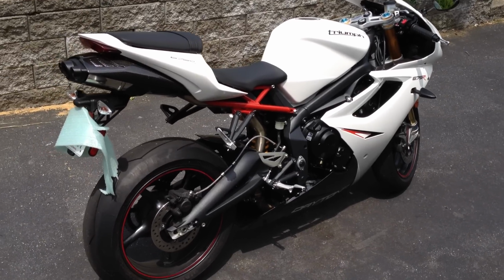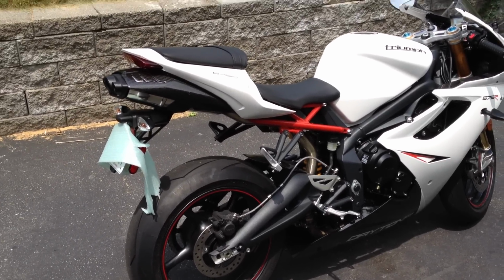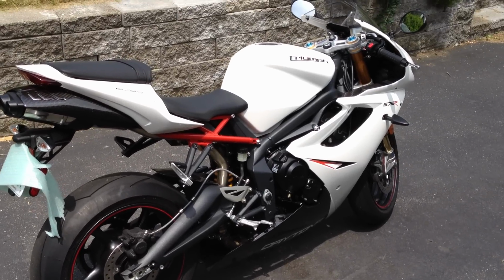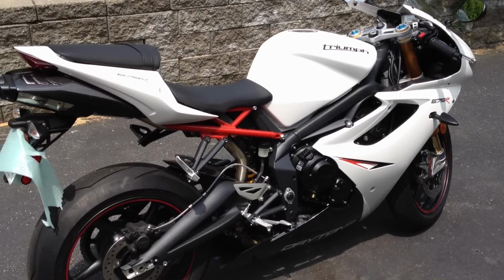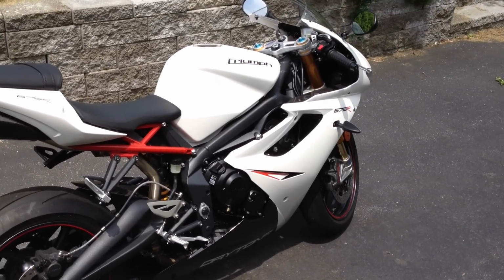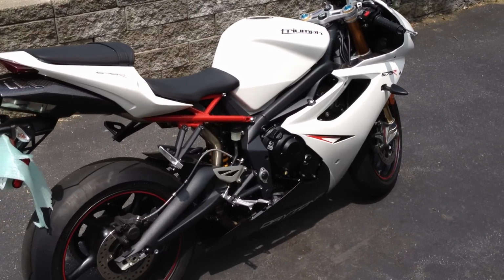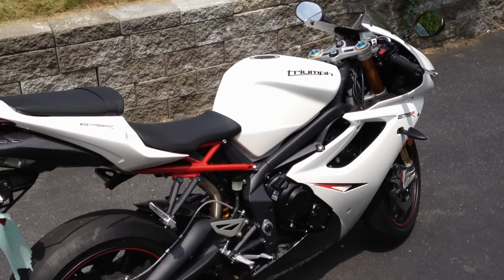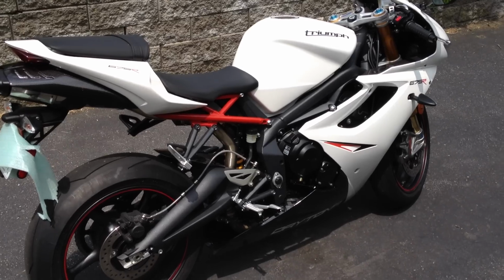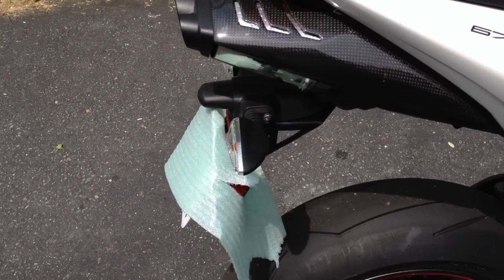This is a 2012 Triumph 675R, and for any of you who are prospective buyers of this bike, it is incredible. So I'm going to go over a couple of the features of it, detailed up close, just so you can see what you're paying for extra over the standard, as well as give you some first impressions. I have about 200 miles on the bike, maybe 175 so far. So first off, what you're going to notice, I cover the license plate just a little bit,